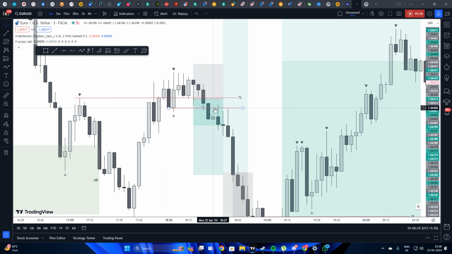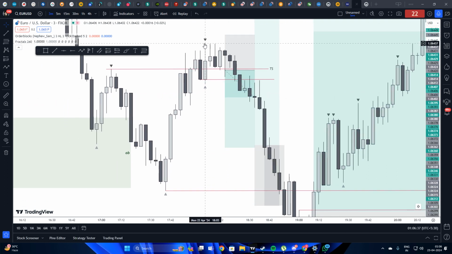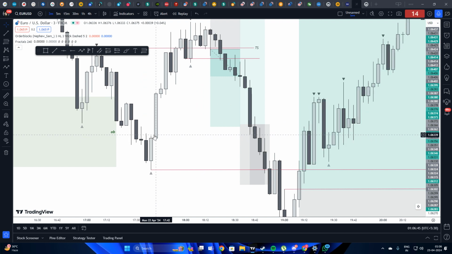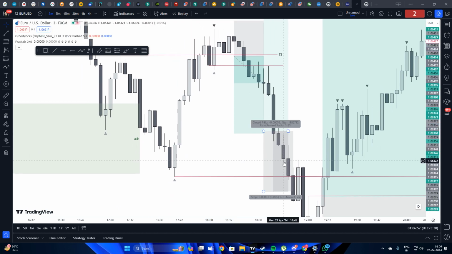So please have your entries more on bodies than the wicks, and your stop losses above the high plus the spread pips. And my take profit was not in here. It was at this level, this FVG, and I did take my profits. Now, by the way, I opened